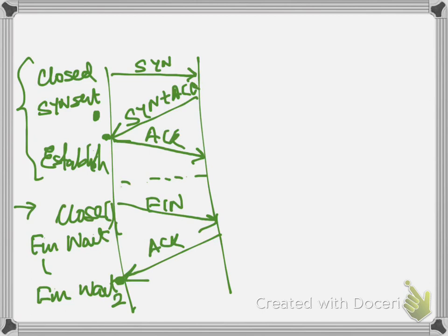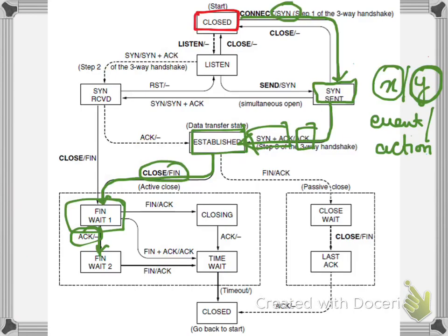Because there might still be some old segments around in the network, it will wait for some time, for 2 maximum packet lifetimes. It will wait to see if there is any more data floating around. So you can see it goes to this